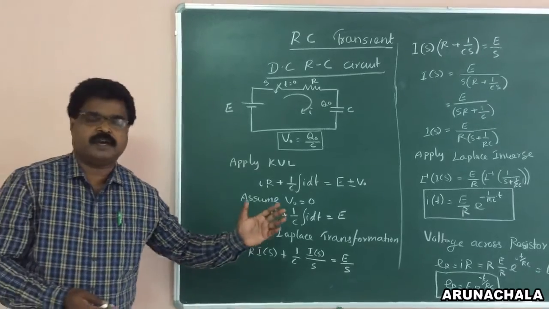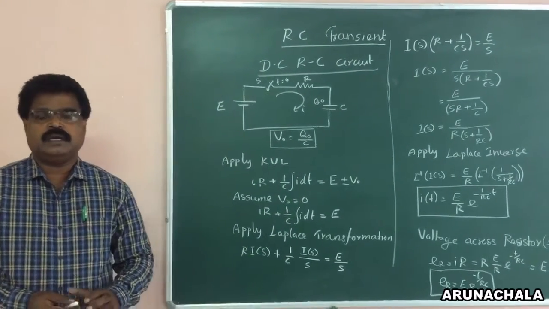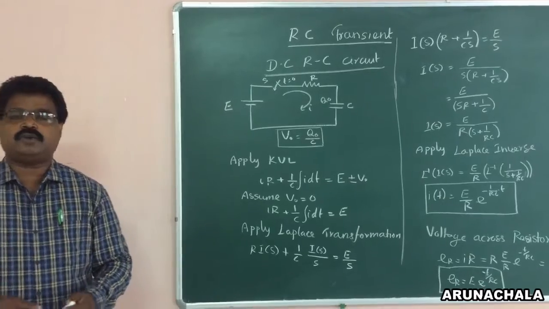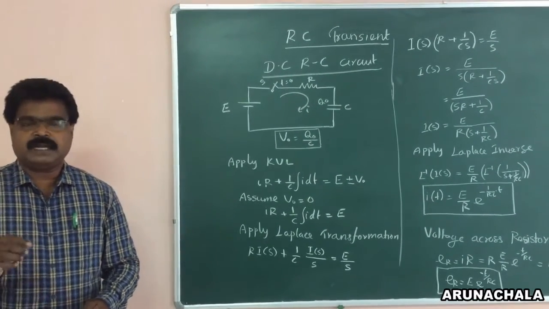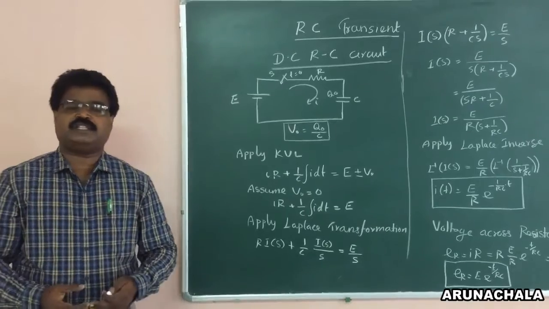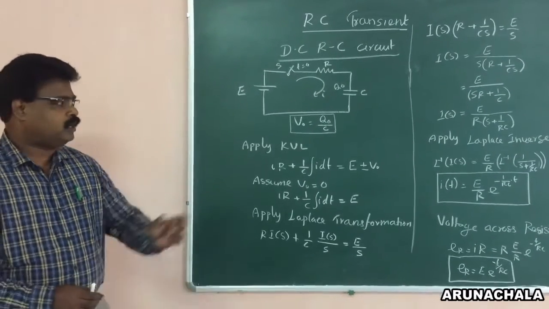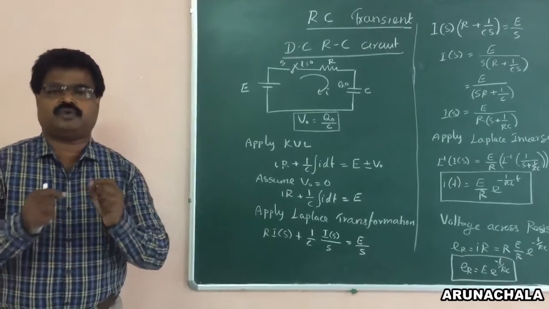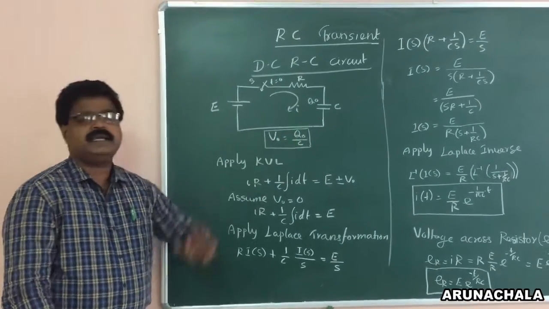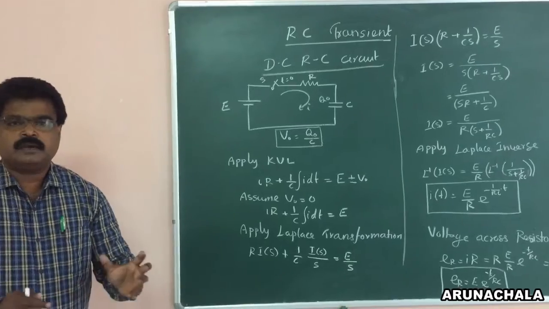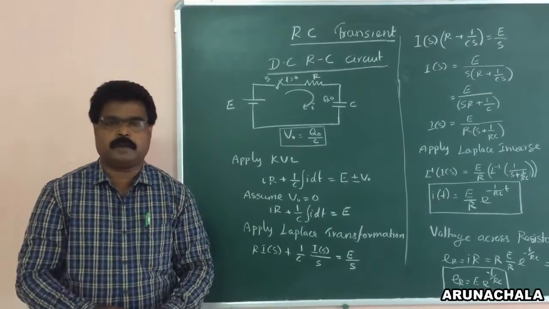For the derivation, we are assuming the initial voltage on the capacitor is equal to 0. If the initial voltage is given, you have to take it into consideration when you are solving the problem. Similarly, sometimes they will give the initial charge Q0 on the capacitor. So how will you calculate V0? We need V0 to substitute in the problem. V0 is equal to Q0 divided by C. That is the formula to calculate V0, so you must be very careful when solving the problem.